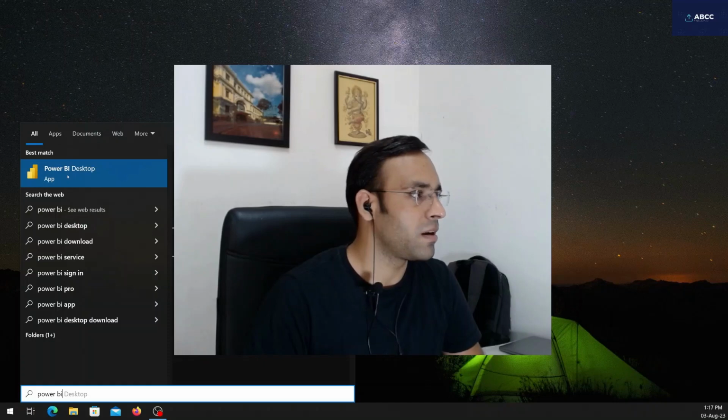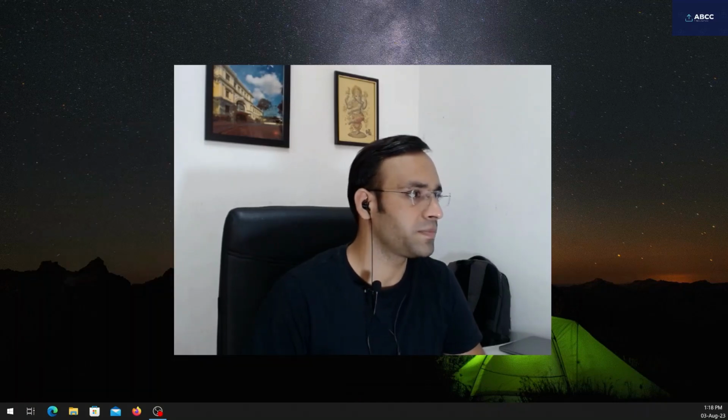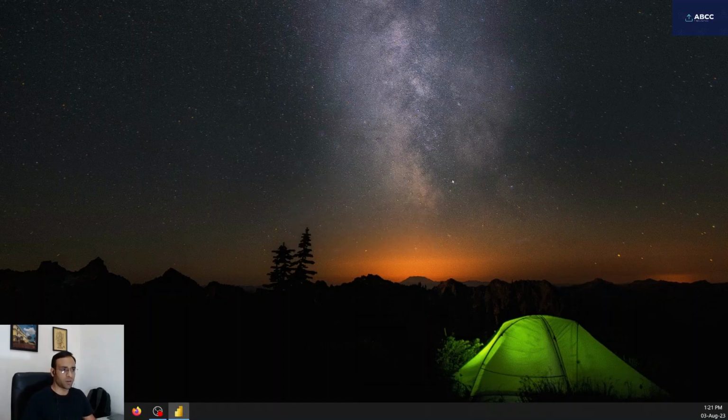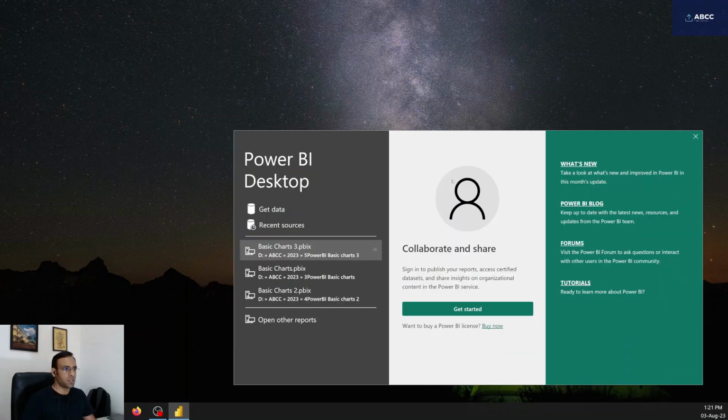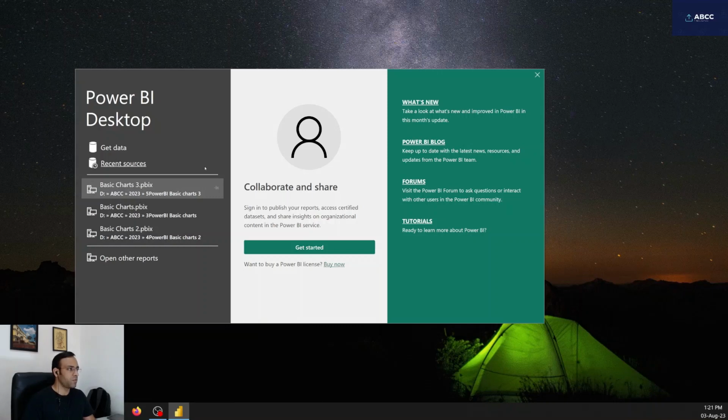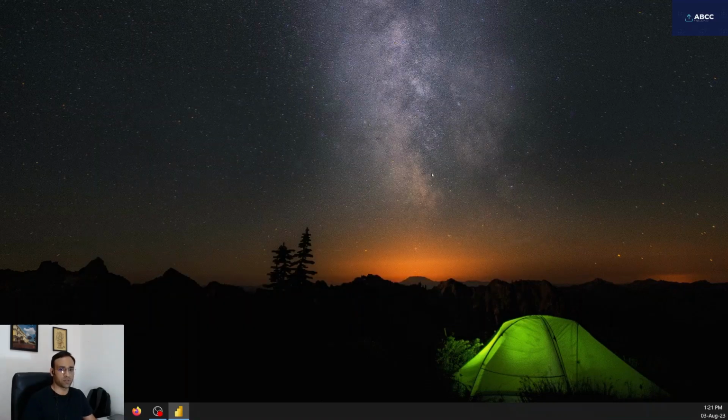Now open the Power BI Desktop application. Just click on the icon and open the application. It will load for a moment and pop up. This is the pop-up window. Now I'm going to use the Power BI file that I used previously, so I can accumulate all the charts on different pages. So I'm going to open my previous file that I have stored,